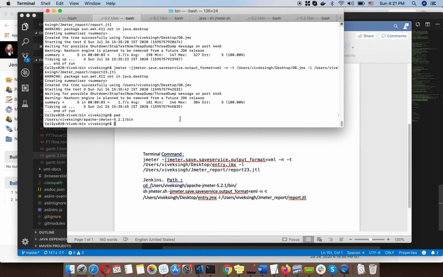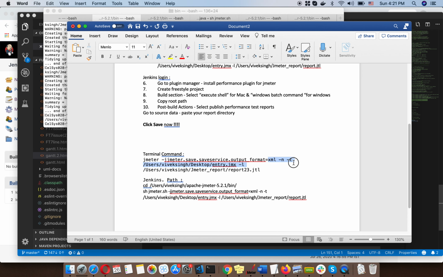So this is my terminal command, and I am using this particular JMX. And then minus L, this is basically generating a JTL report. A JTL report is a kind of CSV format which will show you the result of your execution.